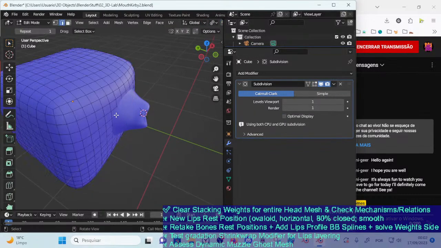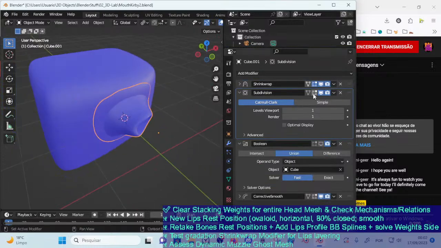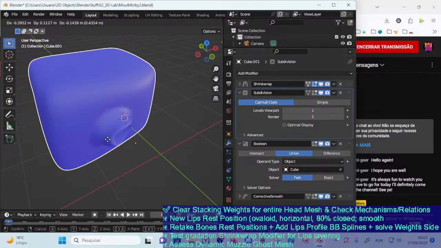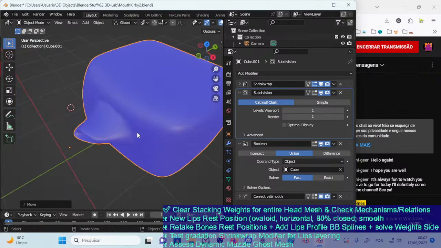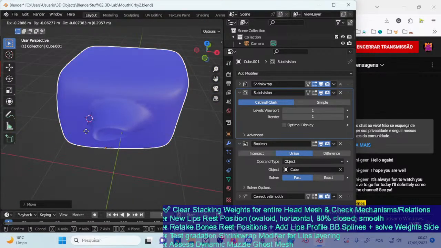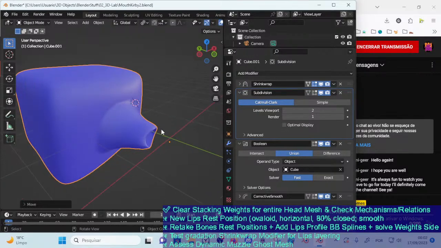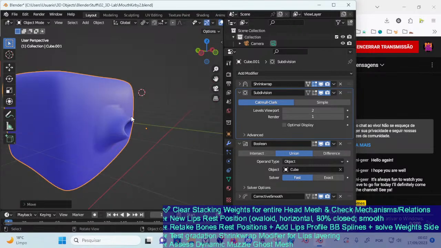Let's get this. Then we develop boolean. No, not that, this seems to help a lot. What if we augmented the subdivisions here? Yes, still fast, but